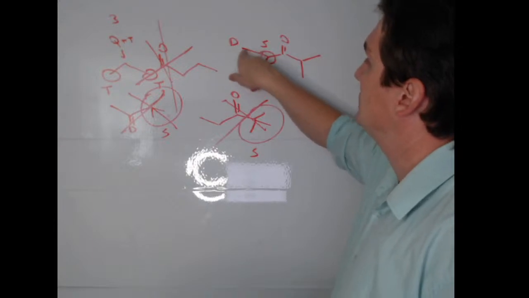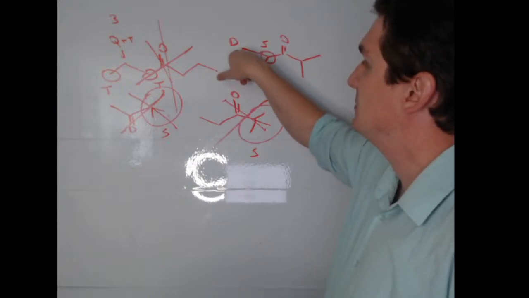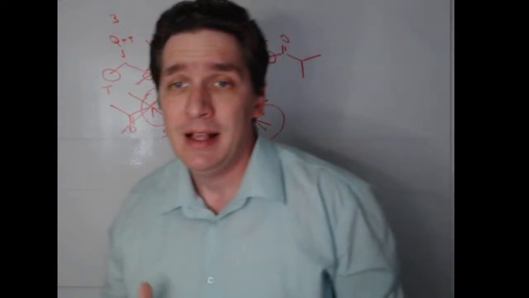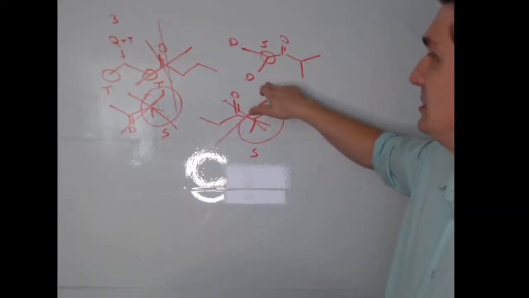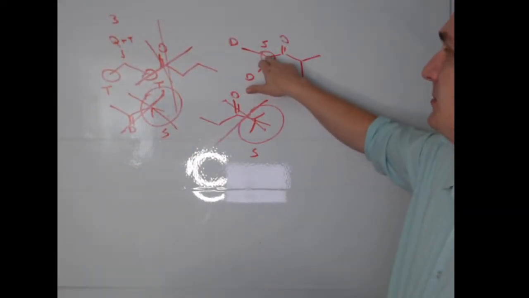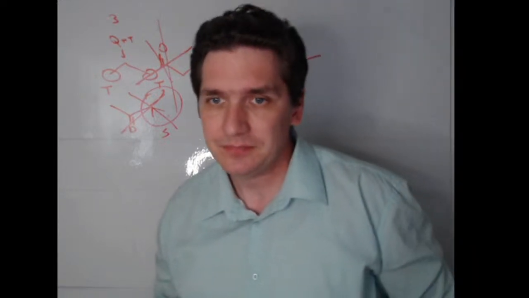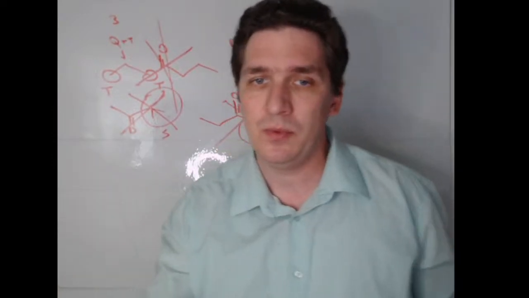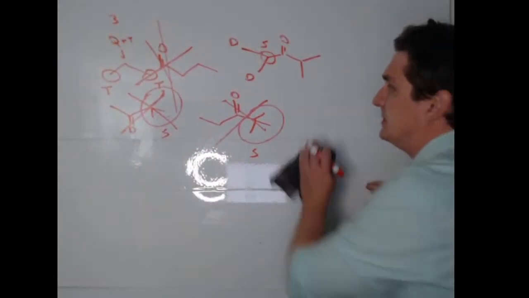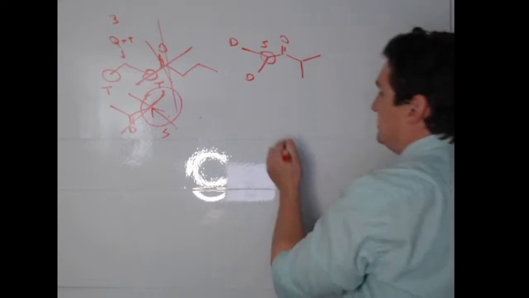Two peaks here, one here for this signal, two here for the second peak for these hydrogens. And this is the only one here that would give you a doublet, and that doublet would come from this one hydrogen here, and then this kind of septet coming from these six hydrogens here. Now that I know that this is the compound I'm interested in, if you take sodium borohydride and reduce it,